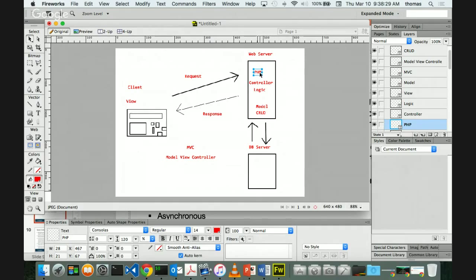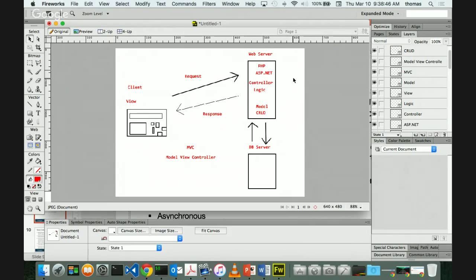PHP, ASP.NET, that's the other one that's out there that's really popular. For example, the Microsoft technology that's out there is called ASP.NET. Right? That's the Microsoft side. So we'll put that in there too. There's PHP. Here's ASP.NET. That's kind of just traditional back-end stuff, right? And PHP uses something called an AMP stack. Apache MySQL PHP is usually a typical stack that you follow. And the ASP.NET stack is usually something like C# on the back end with SQL Server, that kind of stuff